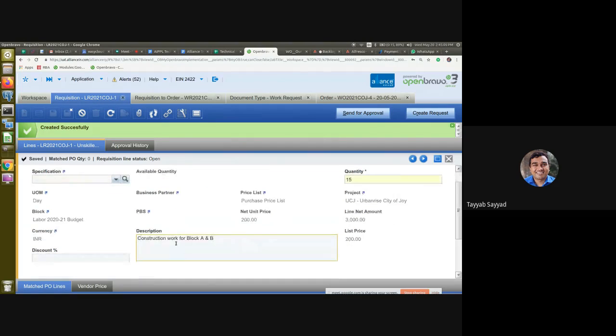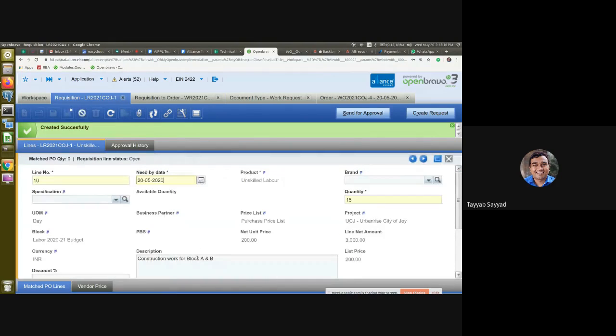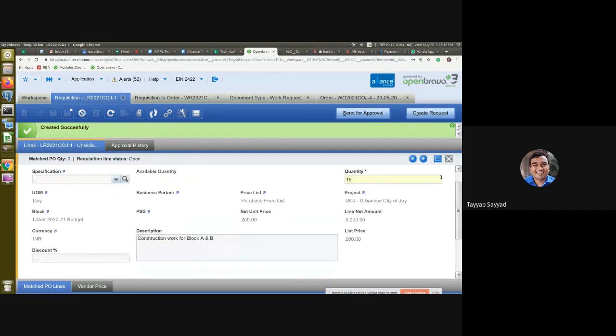And the same description will be carried forward to the order, the labor order basically. So the only activity I did here was add the extra information as a description in the lines.